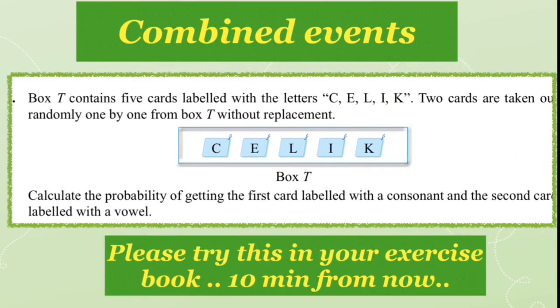Now we proceed to the next question. Box T contains 5 cards labeled with the letters CELIK. 2 cards are taken out randomly one by one from box T without replacement. Again, this is a dependent case. So we have